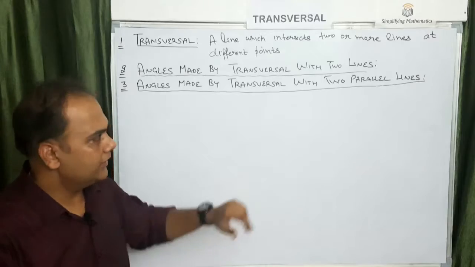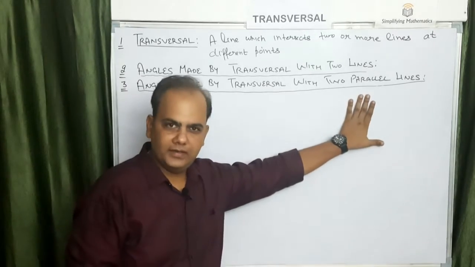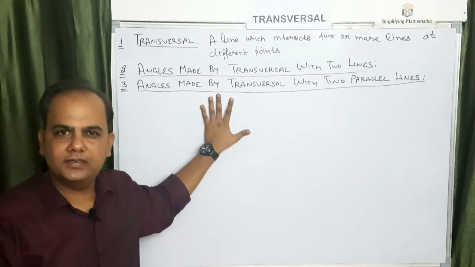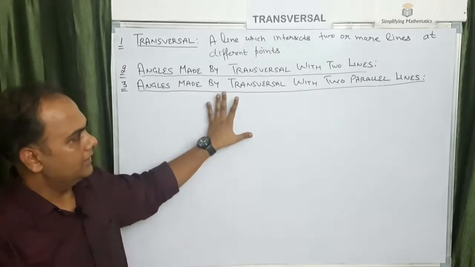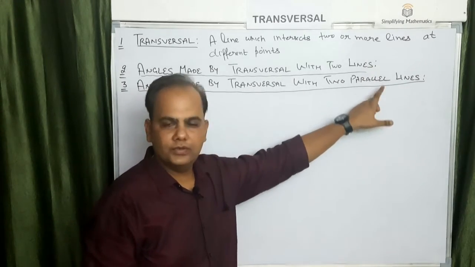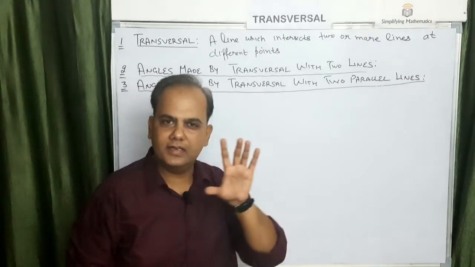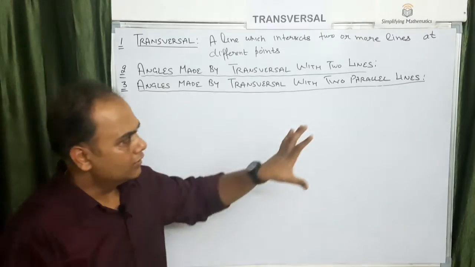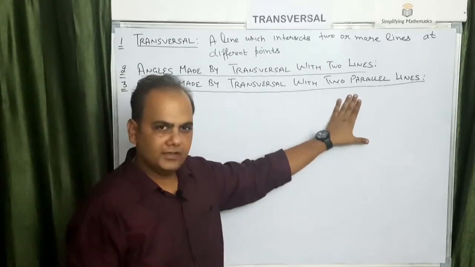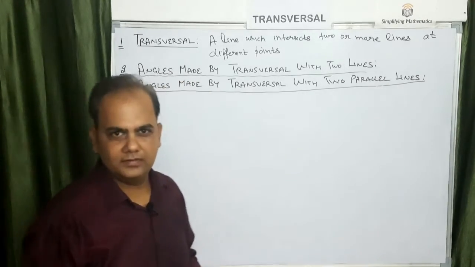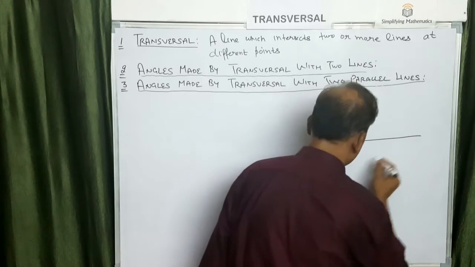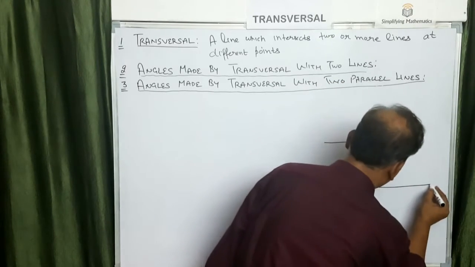Now next is the angles made by the transversal with two parallel lines. कि अगर दो lines parallel हैं तो what are the various angles which are made by the transversal. तो always remember तो angles वही transversal के साथ create होंगे जो यहाँ पे create हुए थे. The only difference is that कि अगर lines parallel हो जाती हैं तो those angles possess certain properties. तो वही properties हम study करेंगे कि अगर lines parallel होती हैं, right. तो consider the two parallel lines